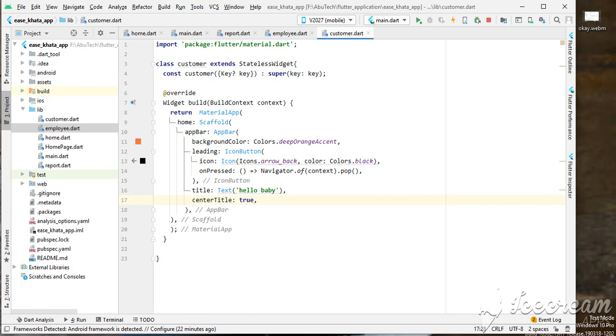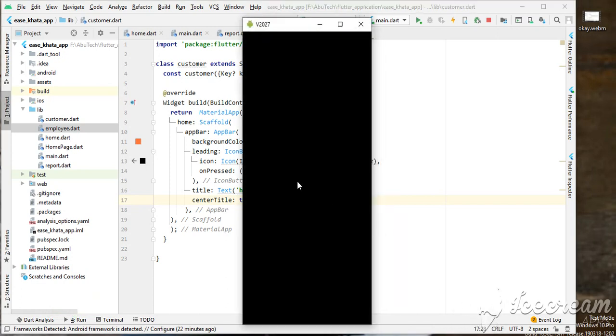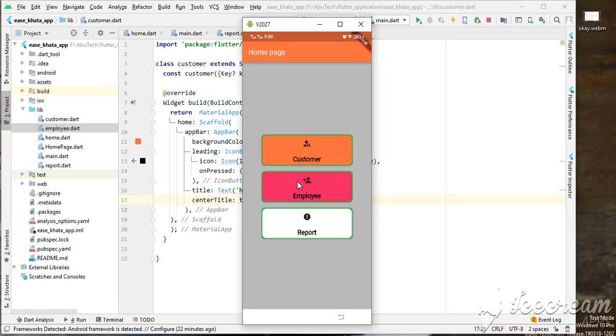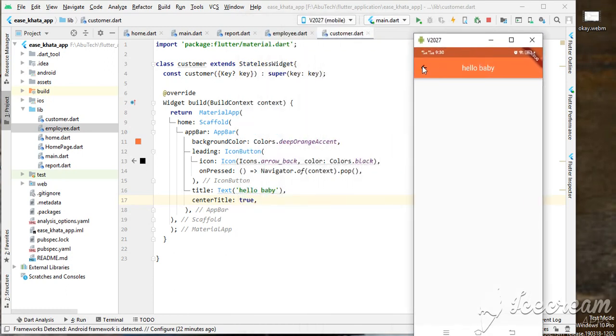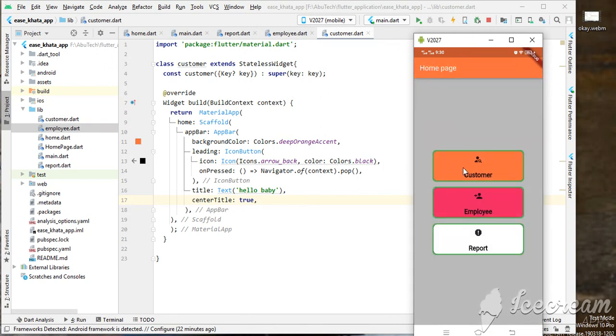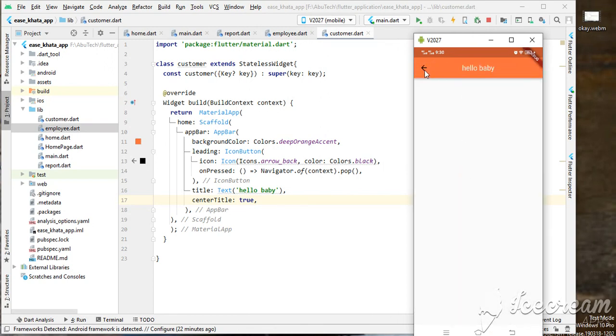So let's see if it's working fine or not. So I'm hot reloading. My emulator is already running, so that is fine. Back, go, yes, it's working fine. You can modify it also, you can change an icon, you can change a text, you can use a drop down menu,